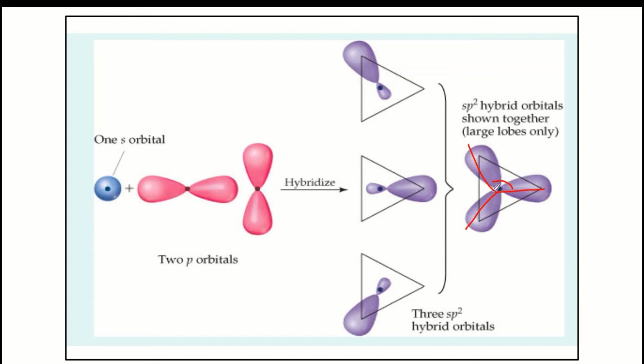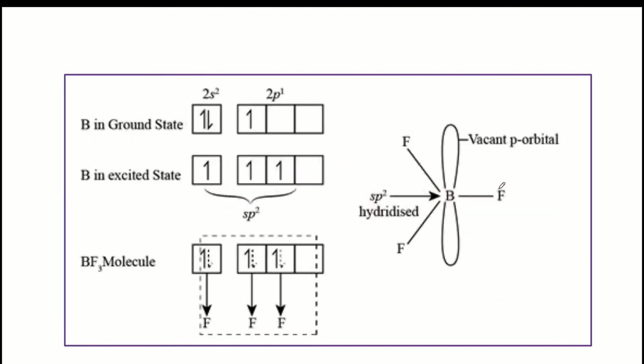And we see here a bigger lobe and a smaller lobe. This means it is a hybridized orbital. Right here a bigger lobe is present and the smaller lobe generally we don't show, so it is actually here the bigger lobe, and here it is again a smaller lobe, and again here. These are sp2 hybrid orbitals or sp2 hybridization.